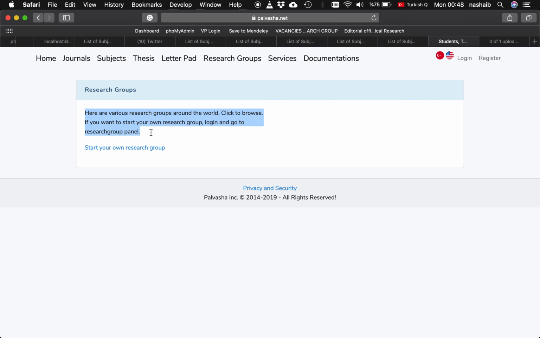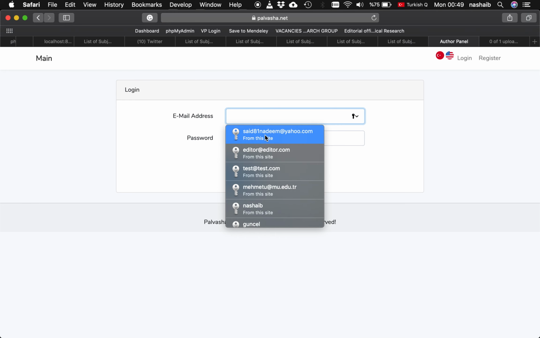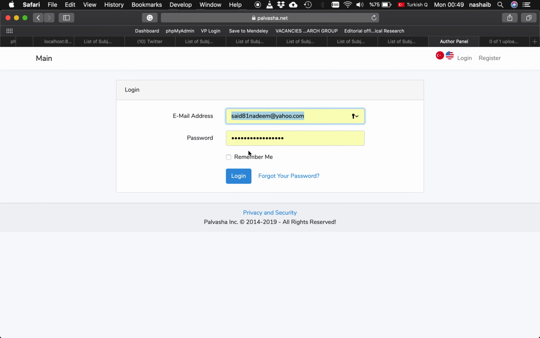So if you are a group leader and you want to have your research group on our page, what you need to do, just click this link. Okay, start your own research group, and you need to sign in with your email and password. And if you're not registered, you get registered from this register button. Also you can follow the documentation on how to begin. Okay, so log in